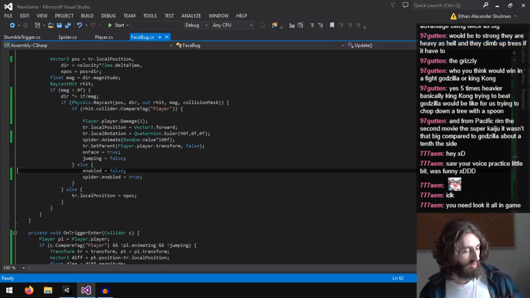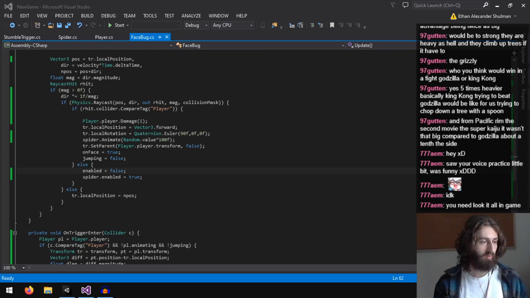Yeah, let me look this up. Unity drag box collider with handles. Move collider with mouse.